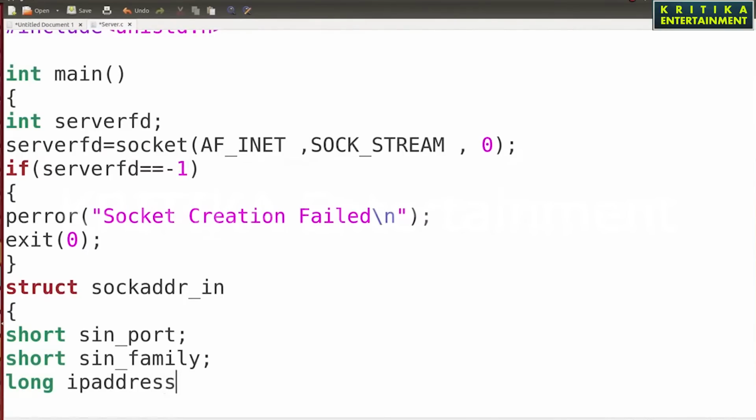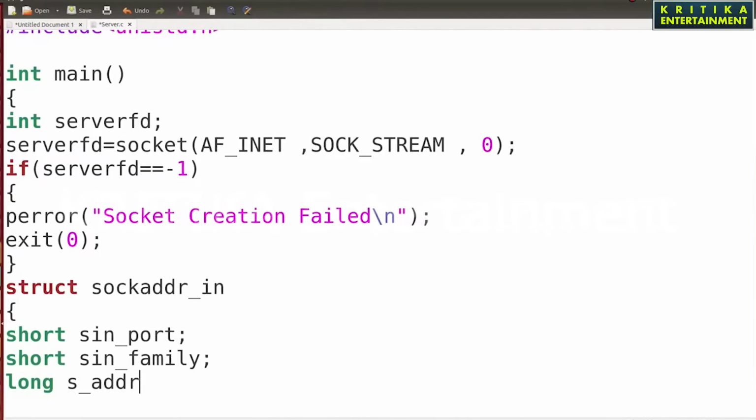Then for the IP address, what will we declare?